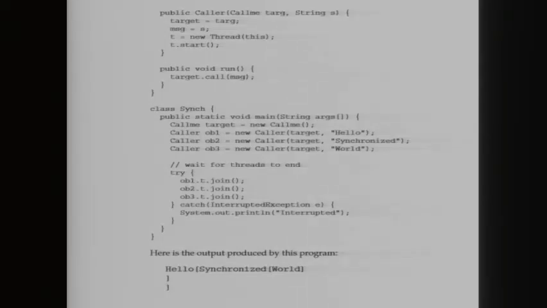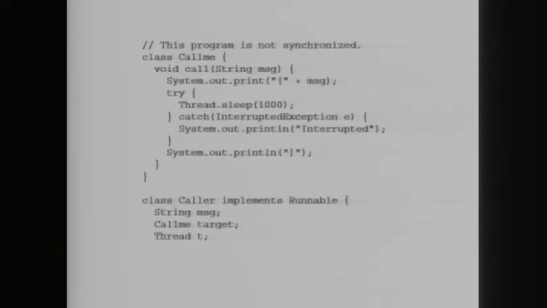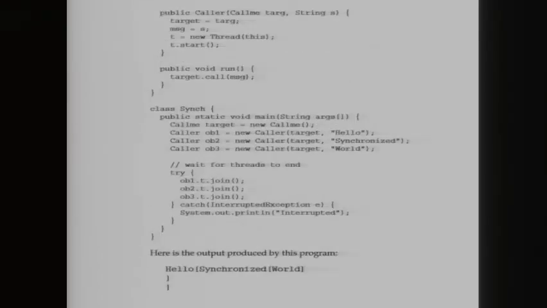We are passing 1000 over here, isn't it? 1000 is a parameter which pauses the current thread for 1 second. And as you can see, by calling sleep, the call method allows execution to switch to another thread. So this results in the mixed up output of the 3 message strings.